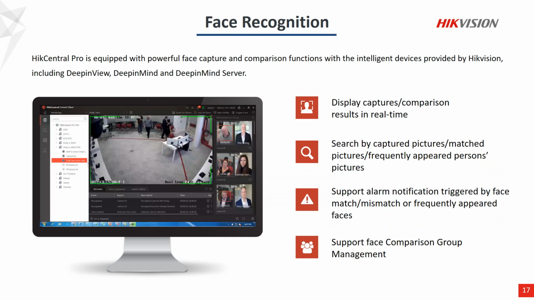Alright, and now let's talk about face recognition. About face recognition, or you can call it deep learning modules, we can use the DeepInView cameras, DeepMind NVR, and also DeepMind server to do the functions. So with the functions,